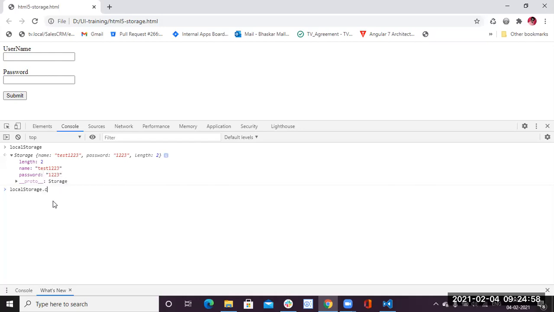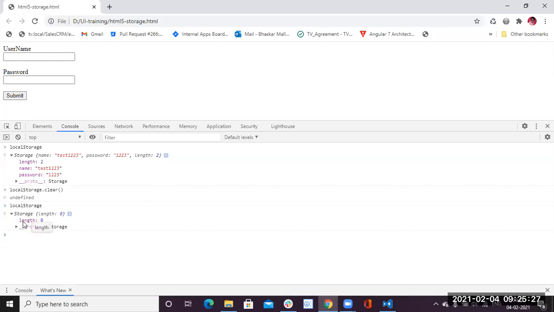Local storage dot clear, that method is there. With the clear method, you have cleared the data inside the local storage. Whatever you have stored in the local storage, that data is gone now.